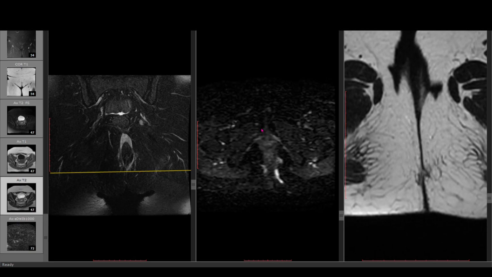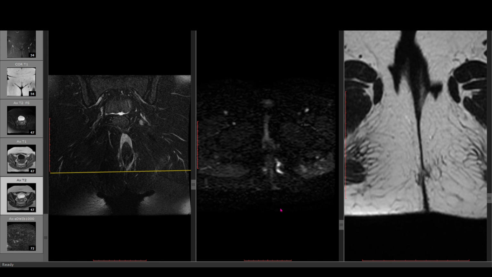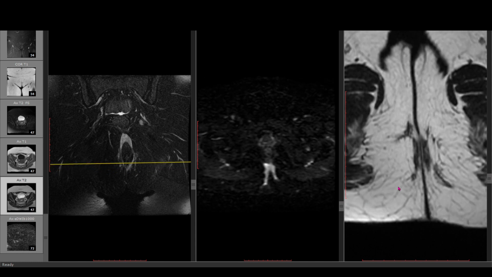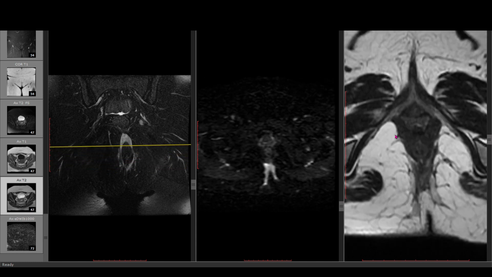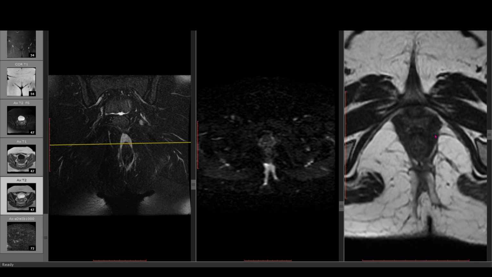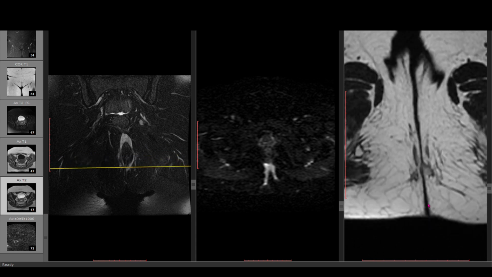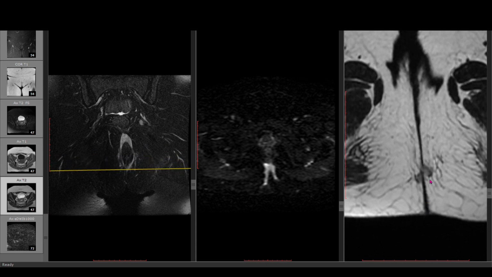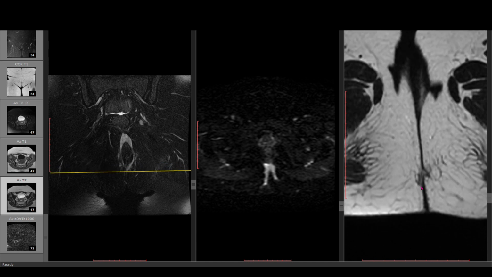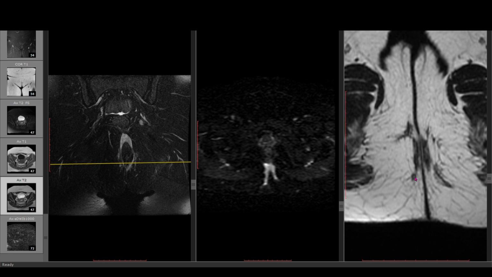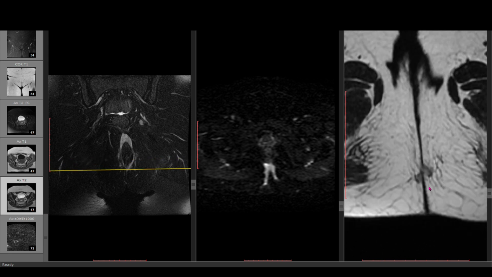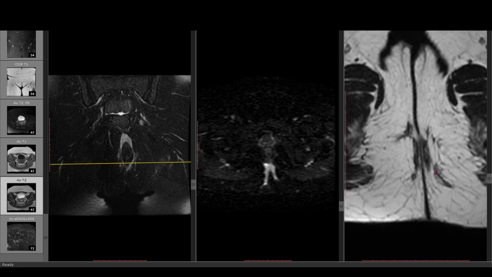This is another quite interesting case which we had. This is actually a female patient. You can see the lateralization of the external sphincter here. What happened in this particular case was that there were multiple external openings, and the interesting thing was the external openings were actually on either side of the gluteal fold and close to the natal cleft. So there were two openings which you can see right away here. One is this one. This is the track on the right side which is going up like this, and this is the track on the left side going up like this.